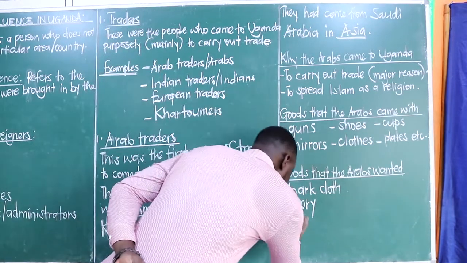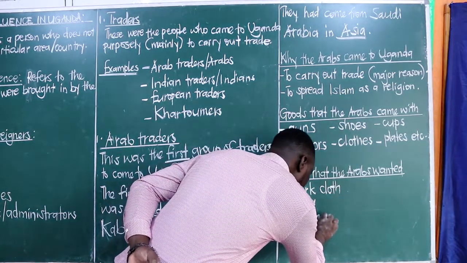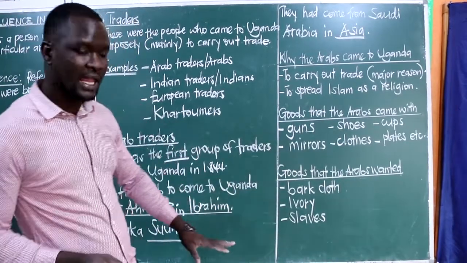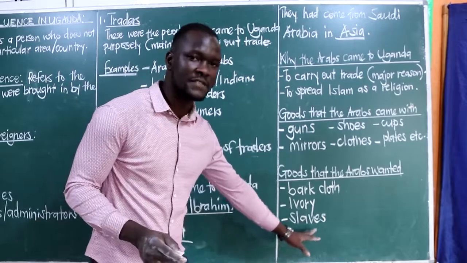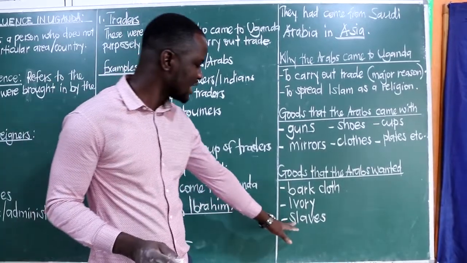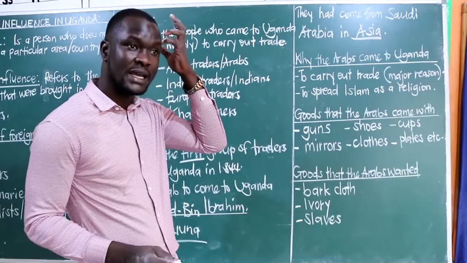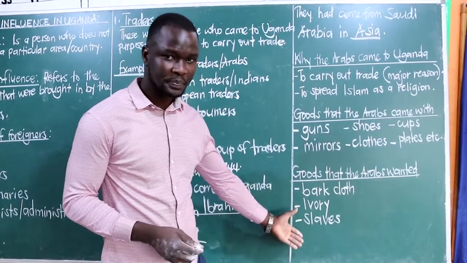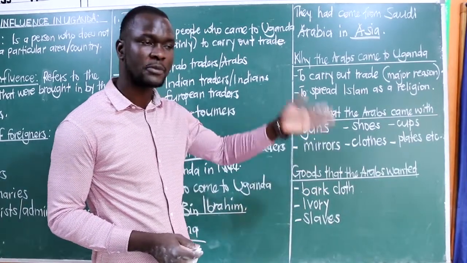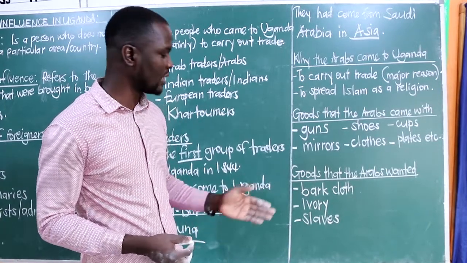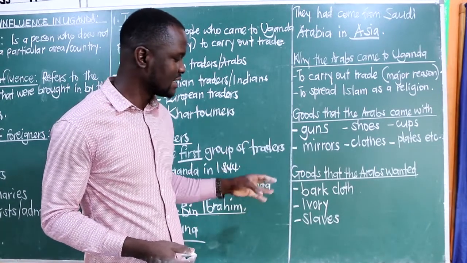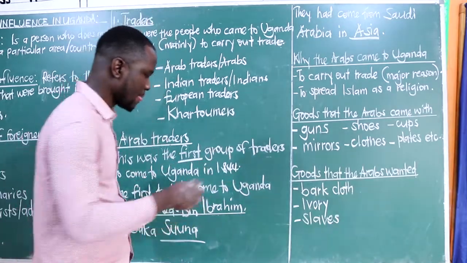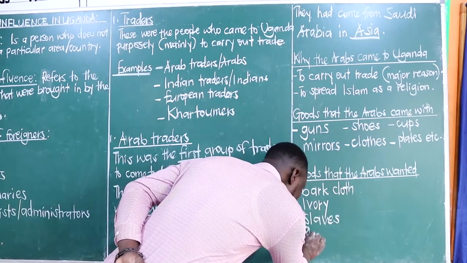The other one is the Arabs also wanted people to help them to carry those goods that they could buy. And those people are the ones who became what we call slaves. Slaves takes us to slave trade, that we mean the buying and selling of people. You will find that the Arabs could want people to help them carry the goods up the coast of East Africa, of which people were tortured, people suffered, they died, others could get separated from their families.